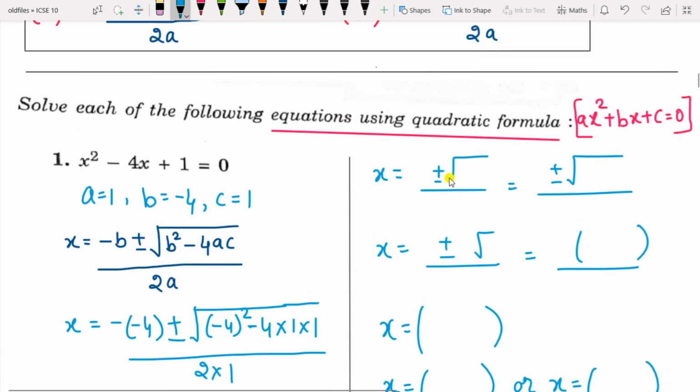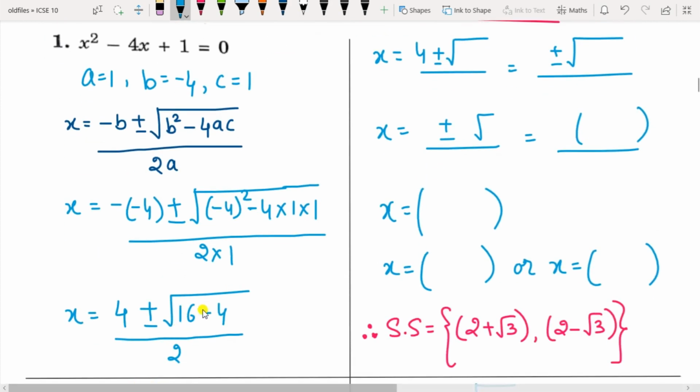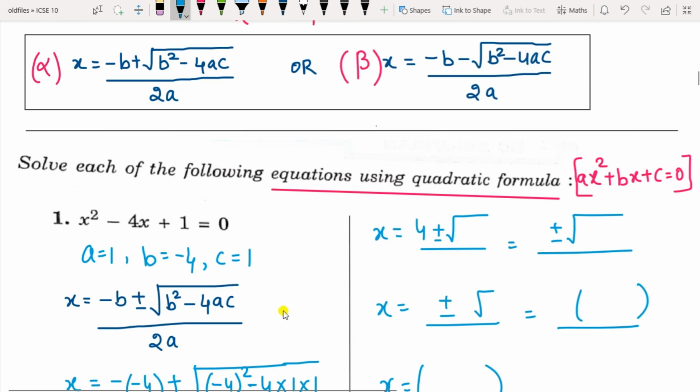Next part I am solving it here. So this will be now 4, and 16 minus 4 here, that will be 12, upon 2 into 1 is 2. Okay, so this is 4 plus or minus root of 12. Split the root number in such a way that one of the numbers should be a perfect square. So 6 2s are 12 is also there and 4 3s are 12 is also there. So we have to consider 4 3s are 12, root of 4 into 3 divided by 2.